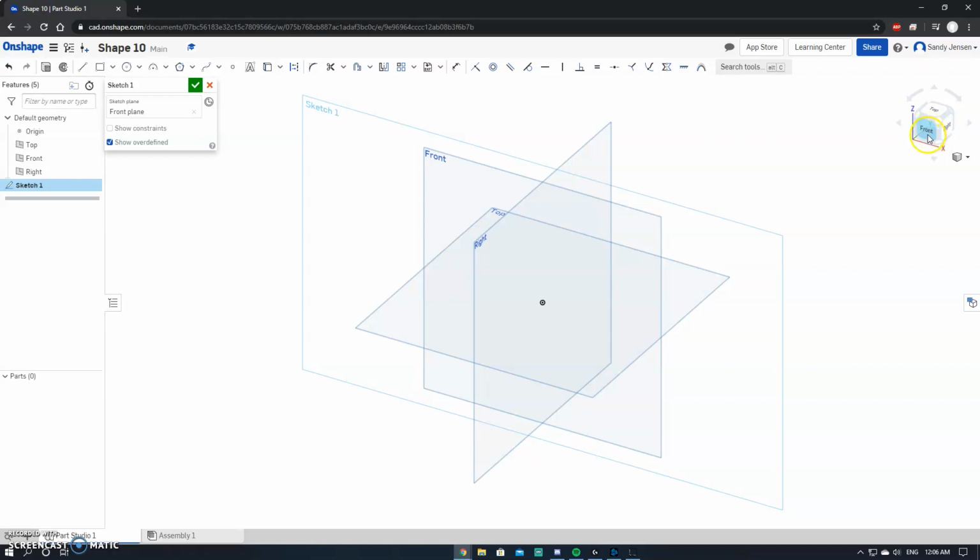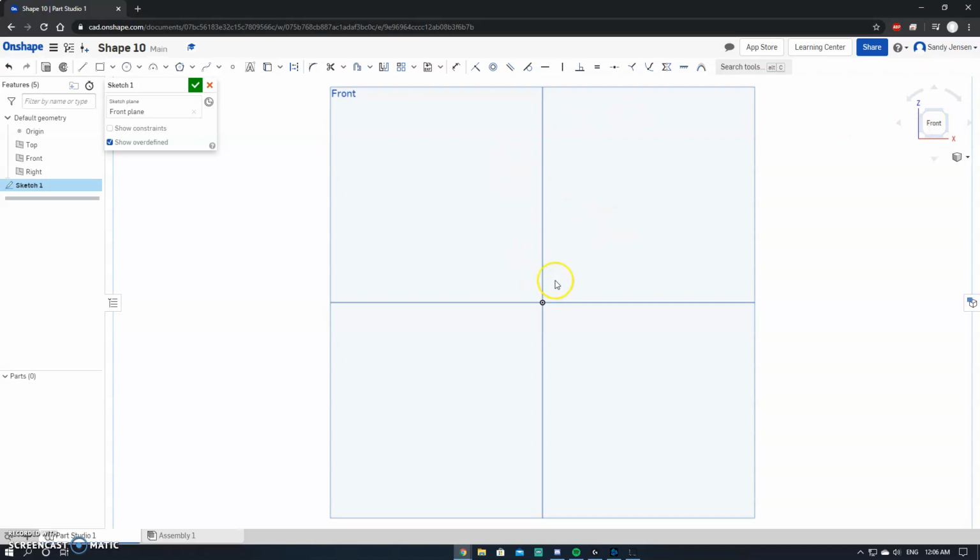So I'm going to go ahead and I'm just going to hit the front view so it does it for me. Then I'm going to go ahead and use the rectangle or the corner rectangle tool that they have right here, and you have the line option as well, and circle and arc and polygons and things like that. But for right now, we're going to go ahead and use the corner rectangle, and I'm just going to click here,